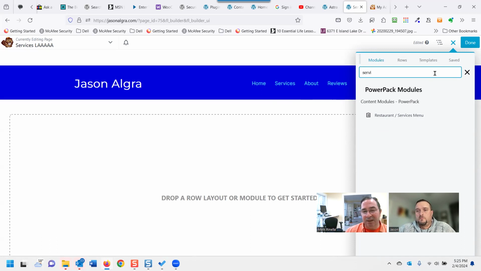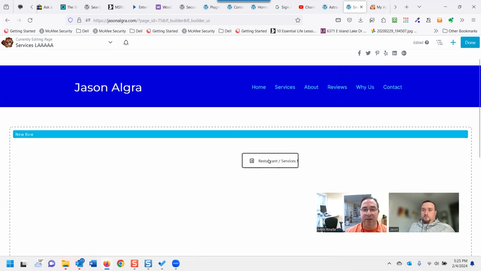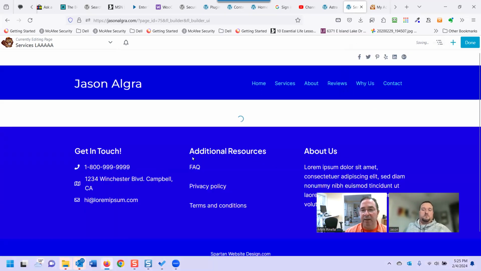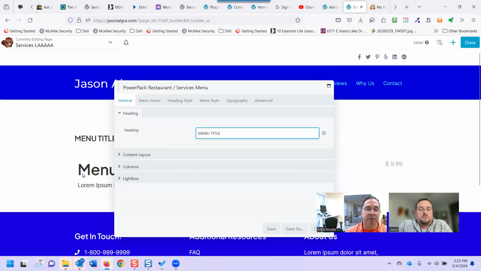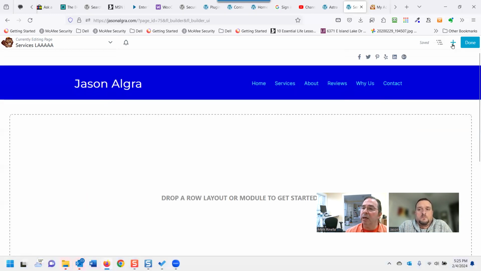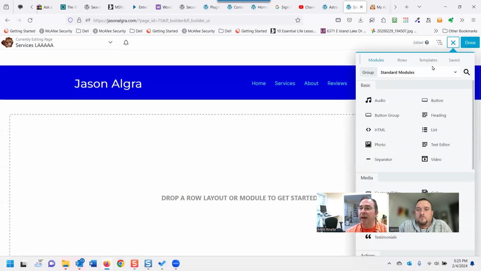So again, I'm really showing you a shortcut here, but I typed in services just out of curiosity. Here's menus. If I drop this in, this isn't what I was intending, but it drops in a menu with the prices, then you just edit the menu, whatever the case may be. But I wanted to show you here under the templates,